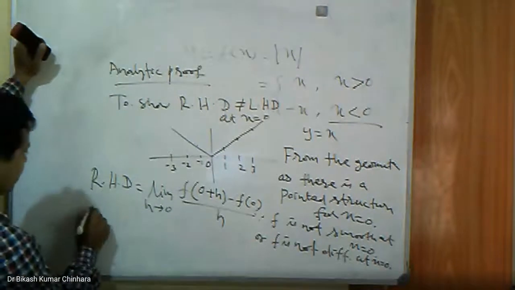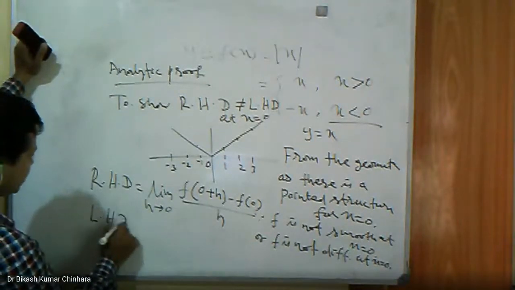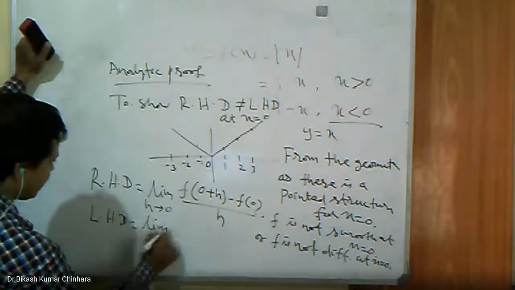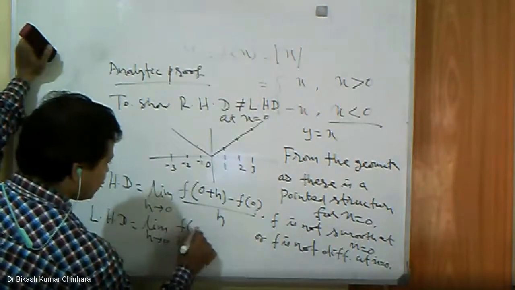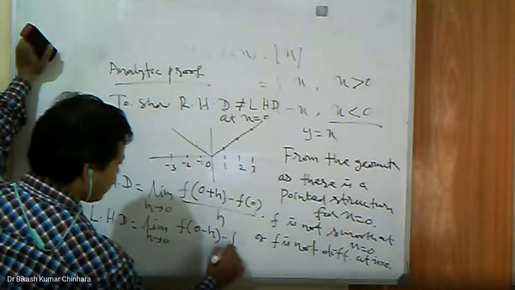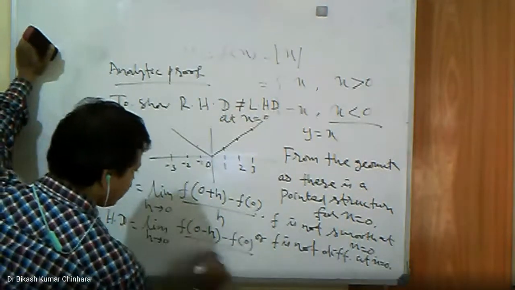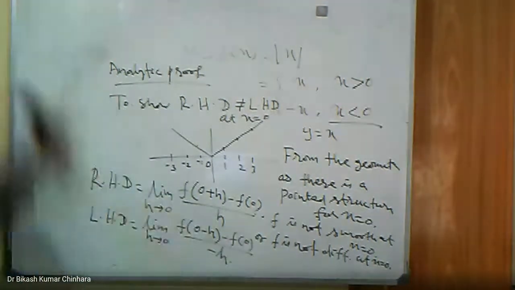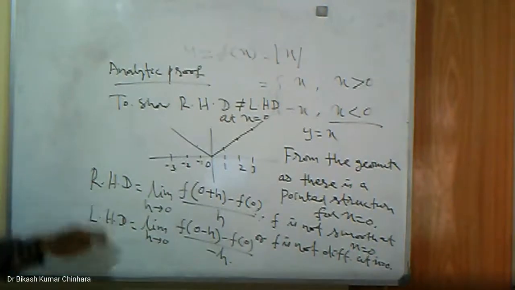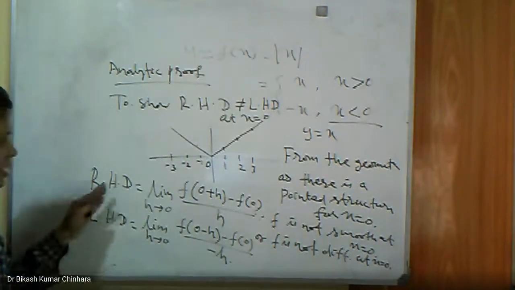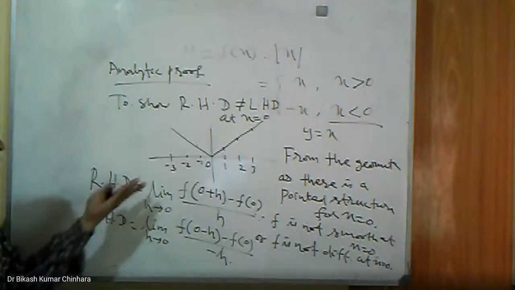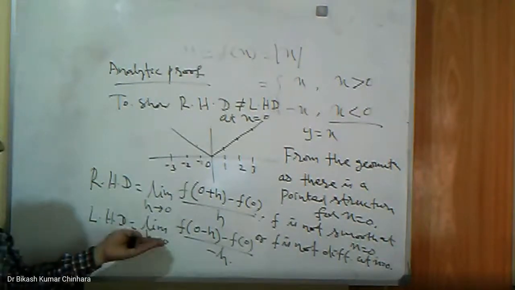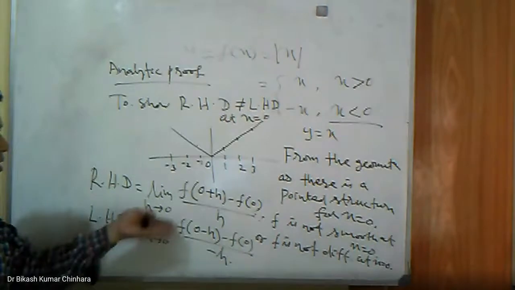And similarly for LHD, you evaluate the limit h tends to 0, f of 0 minus h minus f of 0 divided by minus h. If these two limits are the same, then I can say that LHD is equal to RHD. So that means the derivative exists. But here you can see that